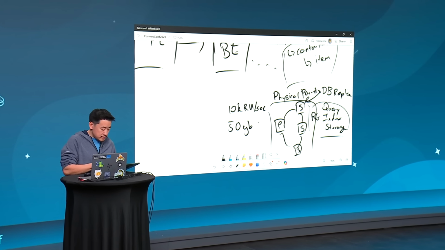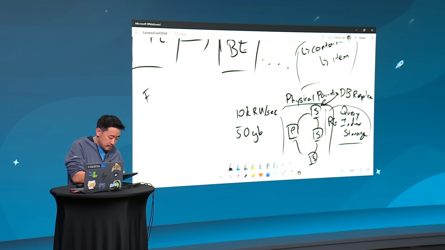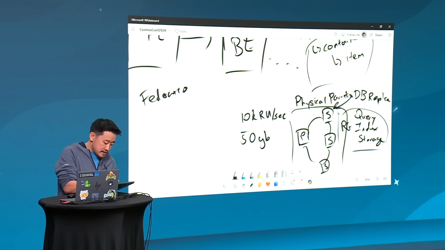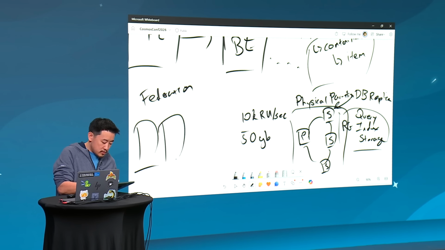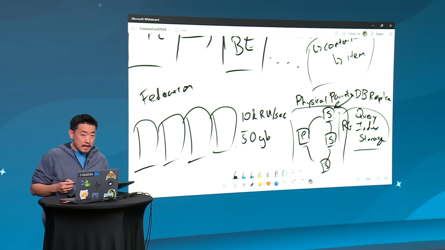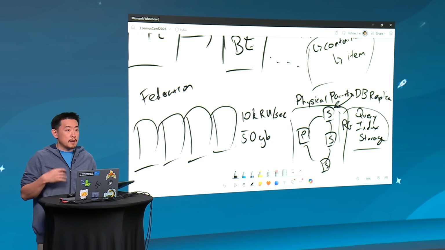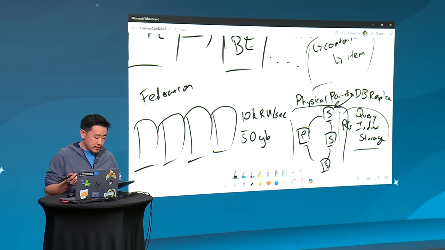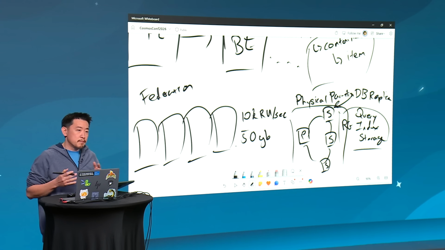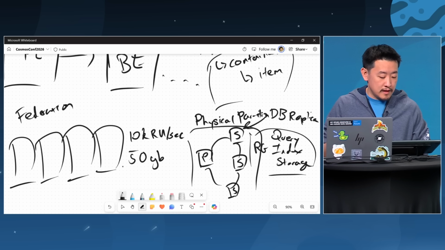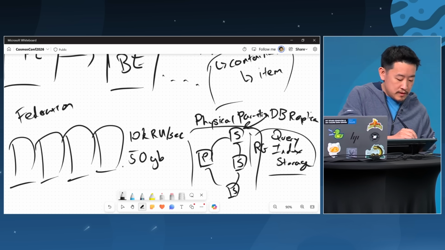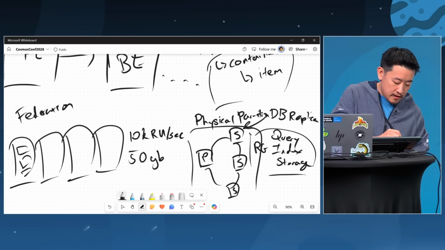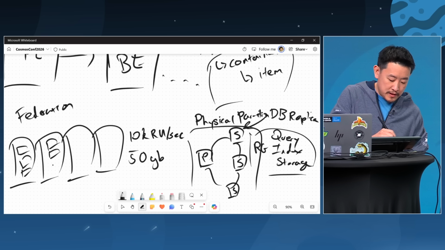Now, these get placed onto these big federations. So from a federation perspective, think of this as in the data center, I have a bunch of racks. Each of these racks are going to have some shared infrastructure, like a top-of-rack network switch. And we can also think of those in terms of helping us compose what will become a set of fault domains or update domains. And so when we set up these federations that host all these different database replicas, think of these nodes as basically spinning up these replicas